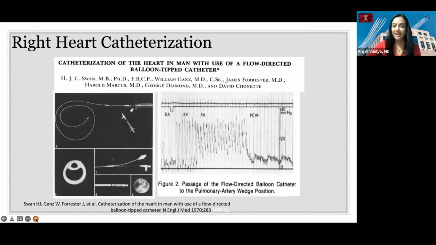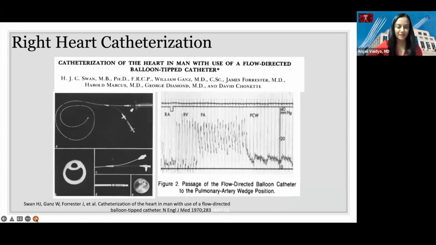One of the next tests that has for so many years been considered sort of the gold standard for measuring pulmonary hypertension is the procedure called the right heart catheterization. And what I've shown here is the original publication that came now 52 years ago. And I like to show the picture of the catheter itself that goes into the heart and lungs through the vein. And this is the catheter on the top left of the screen. It looks sort of, as I tell my patients, kind of like a long spaghetti noodle.